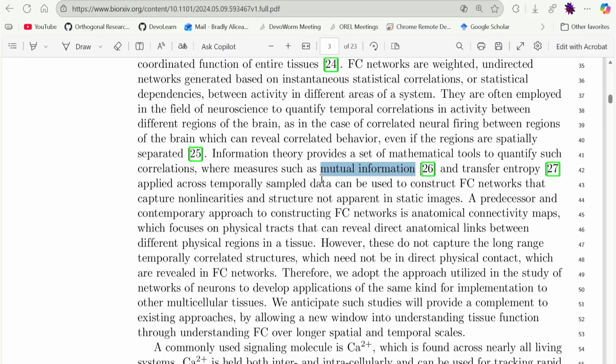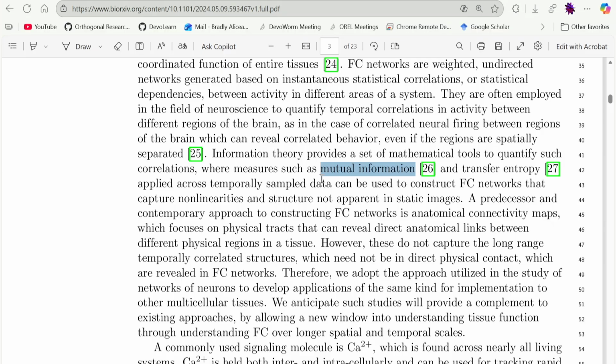That tells us that if two nodes are correlated, that's great, but they also may be active at the same times and inactive at the same times. If we look over a longer time window than just one instance, because we can get a correlation for a single instance and say those two things are connected, but if we look at their time series and see that this always happens together, they share information. That connection means some information is being exchanged, and mutual information measures that.